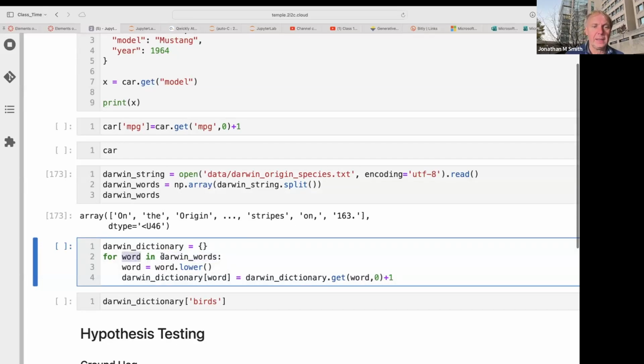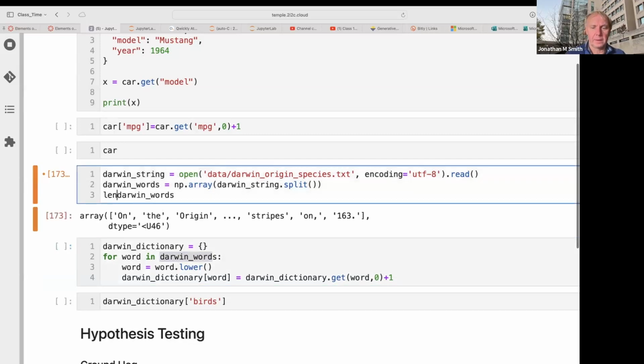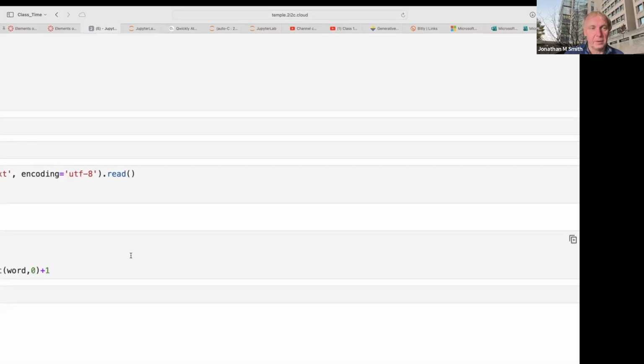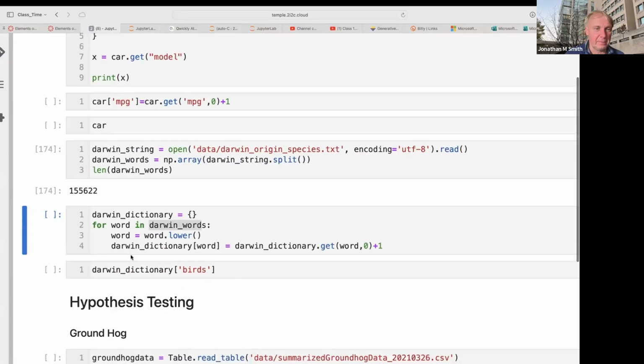Each word in this book, Darwin words, oops. Yeah, the way I opened it, it caused that. But since we're short of time, I'm going to just ignore that error. This is the number of words, 155,622. So here in this loop, we can look at each word in Darwin words, we can make them lowercase,